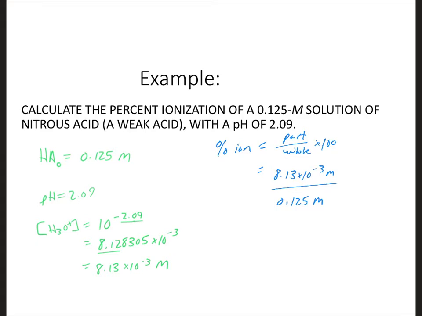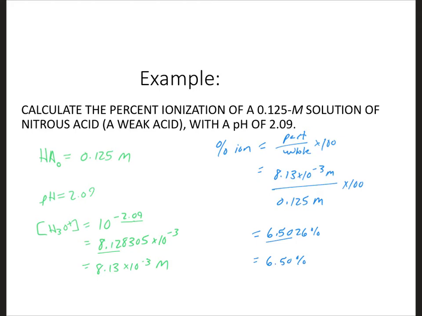We're going to multiply that answer by 100 in order to get our percent, and so our calculator says that is something like 6.5026%. We had 3 sig figs in each one of those starting numbers, so let's call that 6.50